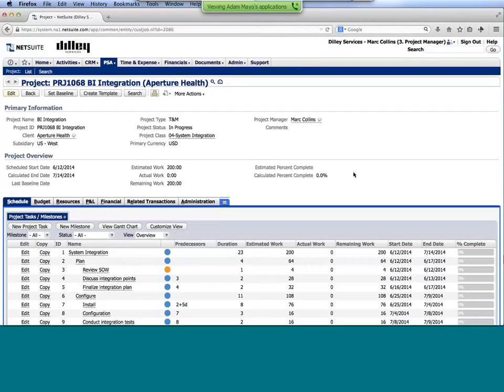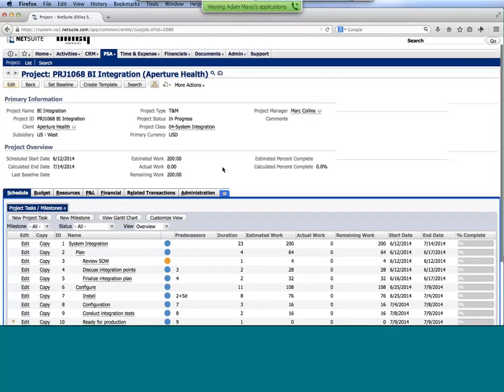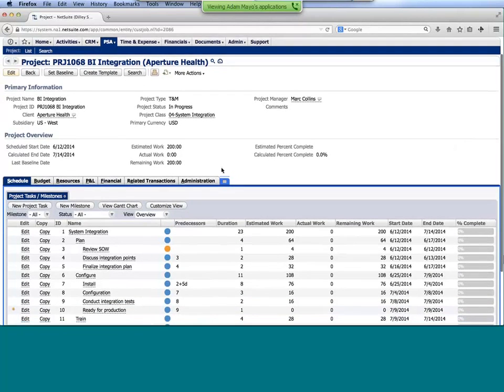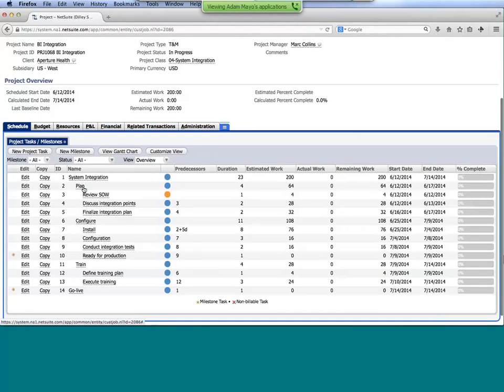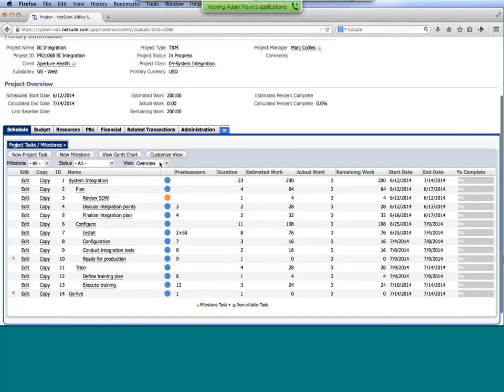Okay. So again, we have our high-level information being displayed up on the top, what type of project it is. Again, these are all things that you're going to be able to populate. You'll be able to add your own custom fields for information that you might want to track. As I scroll down, looking at our schedule within here, you can see this one has multiple levels of work breakdown structure. We have phases and tasks underneath it. I'm looking at it at a high level with the estimated work of each of those. There's different views that you have within here. I showed you the Gantt chart that we were able to access right on the dashboard as well. You can pull it up from here, as well as toggling through different views here.